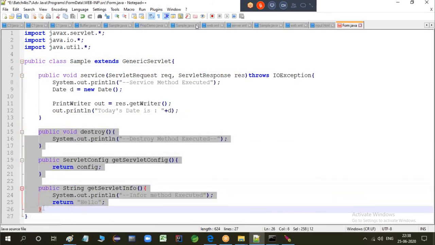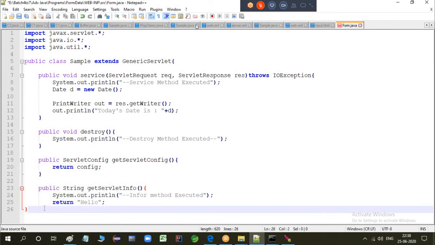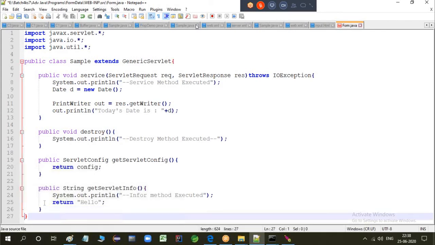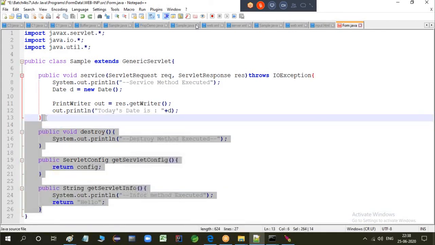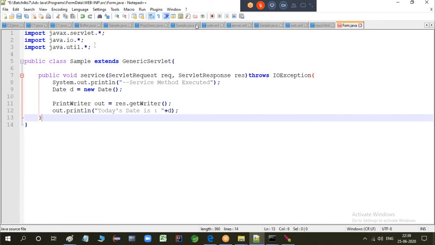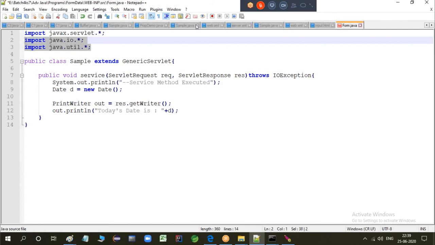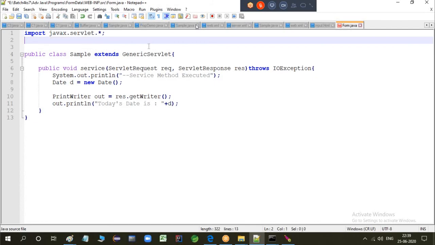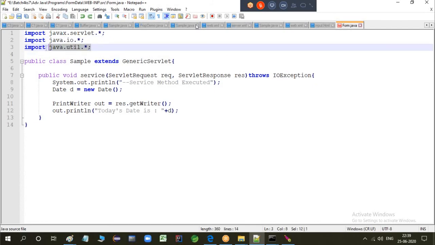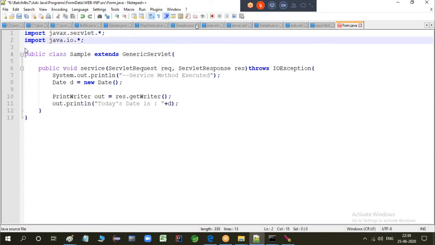I don't want the init method, I don't want destroy, all these methods. Okay, util, IO I require.